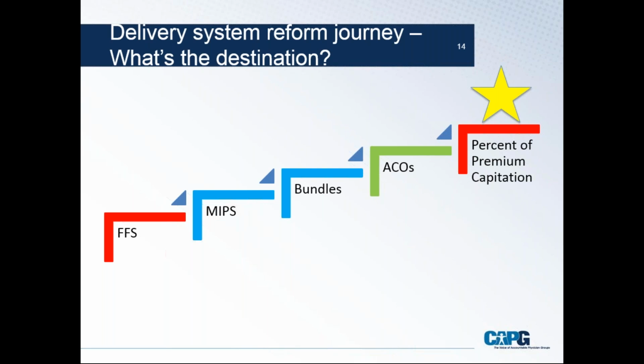I will share with you our bias in terms of delivery system reform and where we're going. Our members have seen great success with percent of premium capitation. When I say that, I mean in some cases, our members are paid by a health plan a percent of what CMS pays the plan, or Medicaid. So in the Medicare Advantage example, which is perhaps the most clear, our physician organizations are capitated in an amount equal to a percentage of what CMS has paid to the health plan.